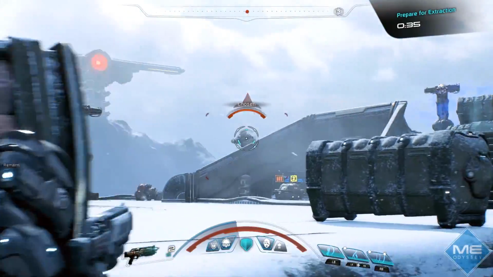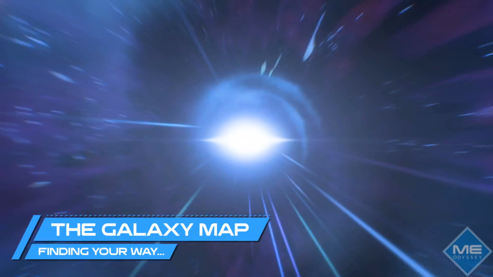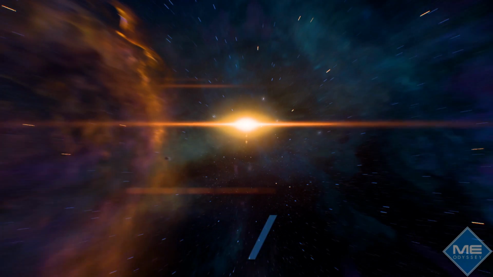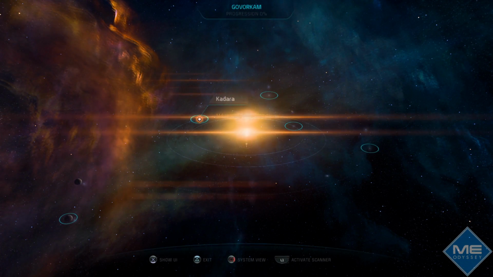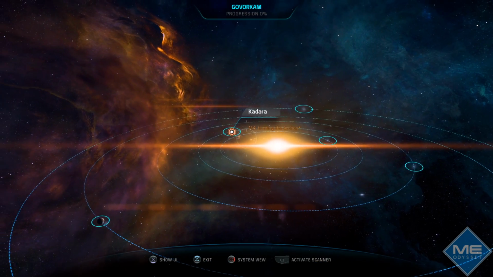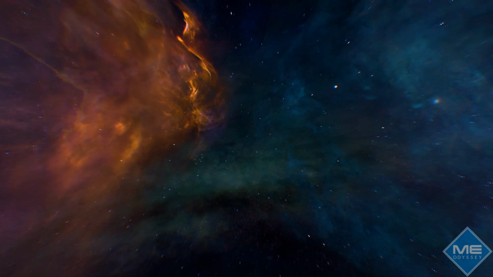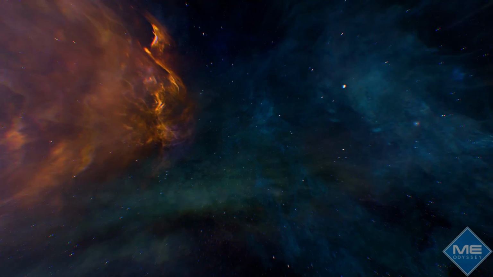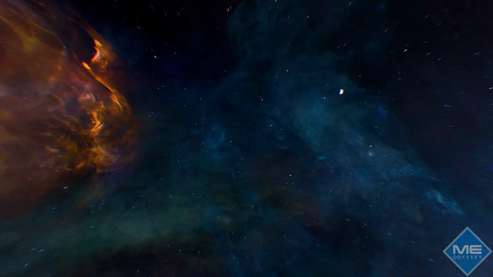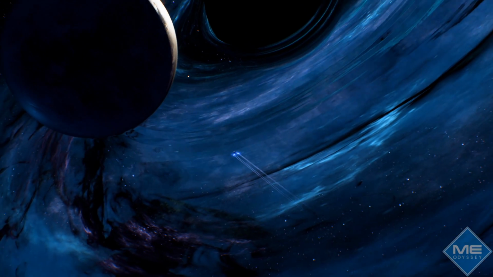Next, we look at the galaxy map. Quick and easy to use, and again the transition from ship to planet once you've made your selection is very short indeed. And you see your approach to the planet too. Planet scanning also returns, which I'd compare to Mass Effect 3's planet scanner with a dash of Mass Effect 2's in the mix too. From my look at the map, there are at least 20 star clusters you can visit,